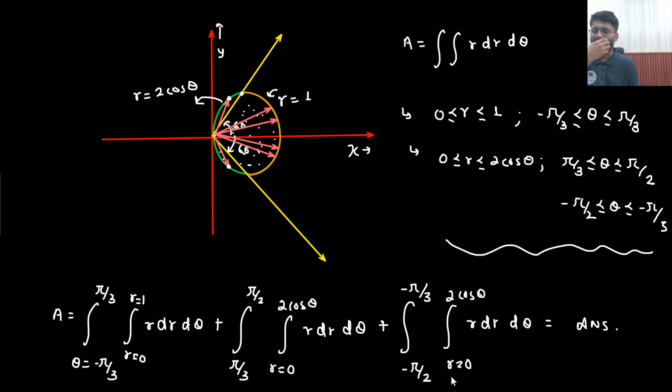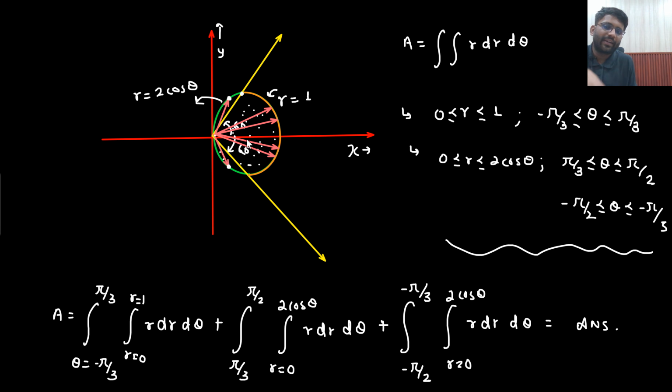But do you really think that we need to perform all this? Or what will I do? Can I be a bit smart and write down the area in this manner? The area will be twice of whatever area you are getting on the upper side, the same area you will get on the downward side as well. So area will be twice of